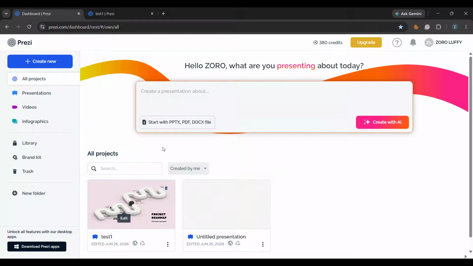In today's video, I'm going to show you how to add animation in Prezi step by step so you can make your presentations feel more dynamic, more professional, and much easier to follow. If you've ever wanted to smoothly reveal text, zoom into an important detail, or highlight multiple elements at once, this